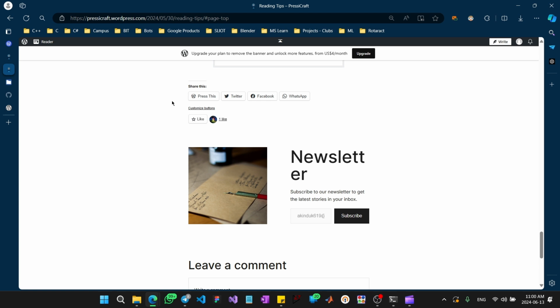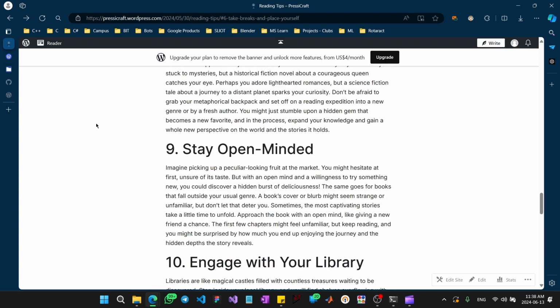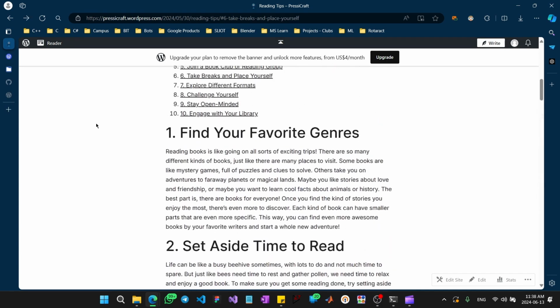Now its width has been set to match with the other page element, but there is an issue with the title. The letters E and R have gone to the next line. I can make this smaller or reduce the gap between the image and the content here. I'll show you how to change the gap between these two items. So let me come back to the editor,